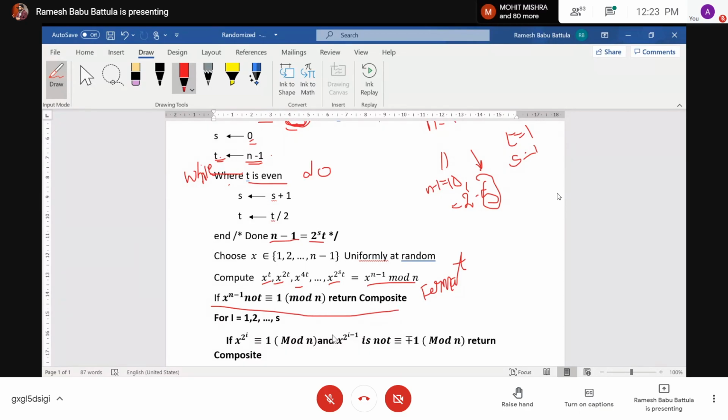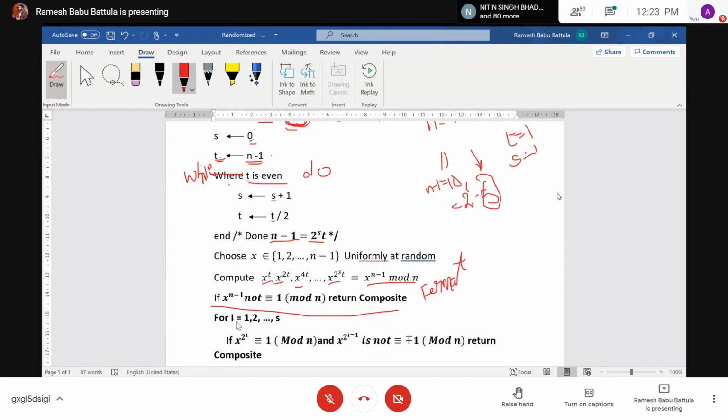Then those numbers that pass little Fermat's theorem, only those we need to investigate further. Why do we need to investigate those numbers further? Because of Carmichael numbers. Last class we discussed Carmichael numbers. Carmichael numbers also satisfy little Fermat's theorem, so we want to check that as well. For that purpose you need to choose here